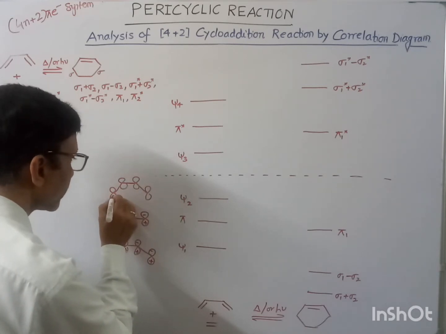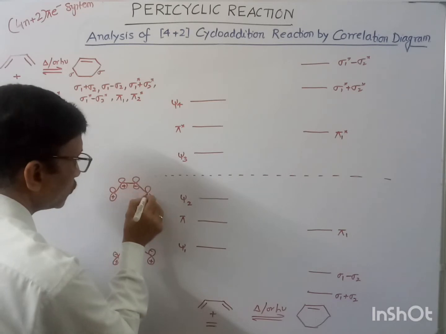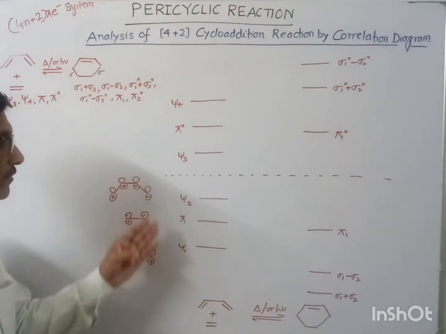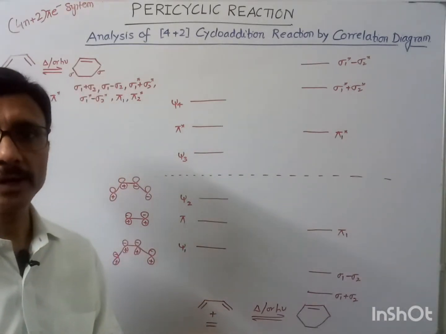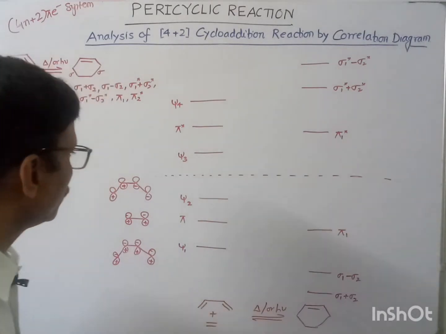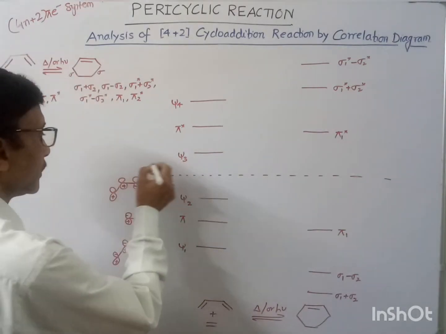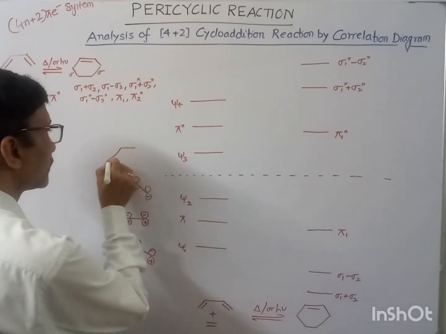then we know that 2 positive lobes and 2 negative lobes, like this we can write for psi 2. So the molecular orbital diagram for this butadiene and other systems I have already covered in my previous lectures, so you may see that one. And then about this psi 3 of this butadiene,